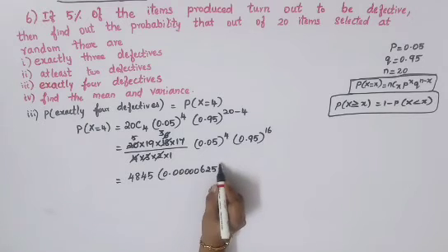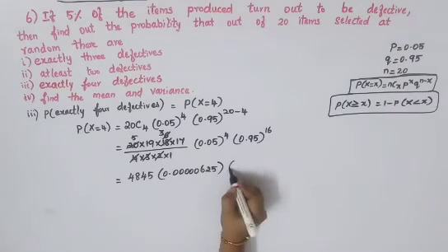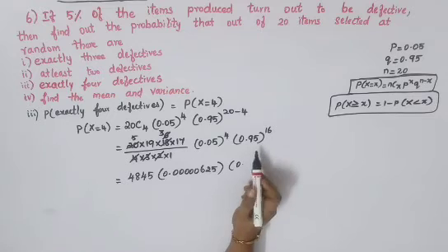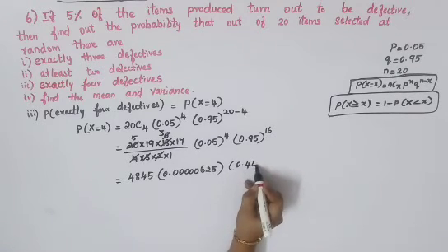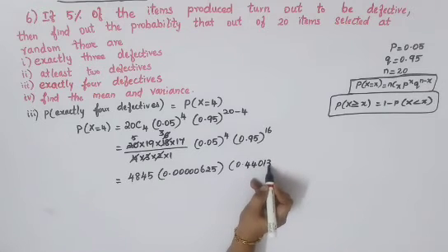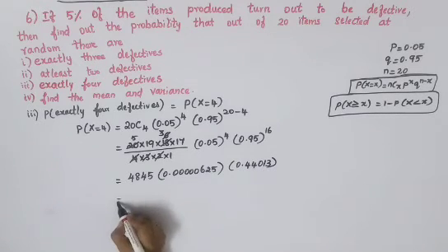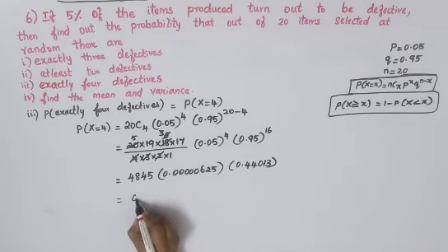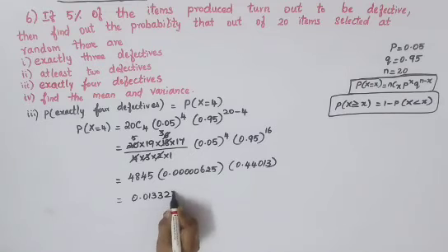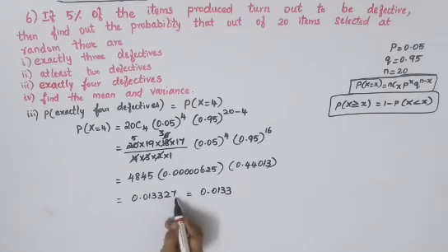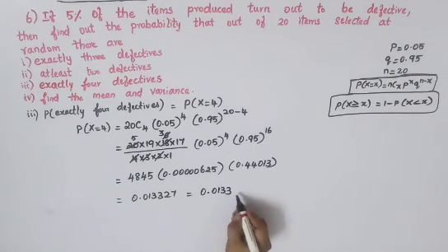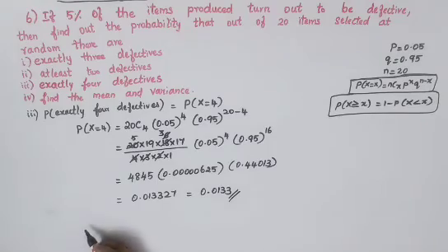0.0000625, that is 5 zeros, then 625, into 0.95, 16 times you will have to multiply, your answer will be 0.44013. So multiplying all these 3 terms, your last answer is 0.013327. So your final answer you can leave like 0.0133, because this digit is less than 5, so you can remove this and leave with this as an answer. Okay, so this is your third subdivision answer.